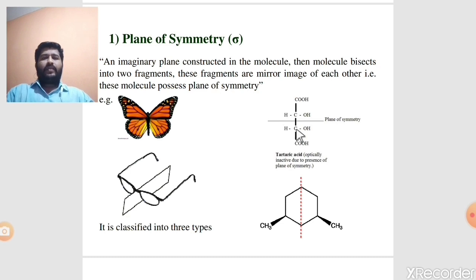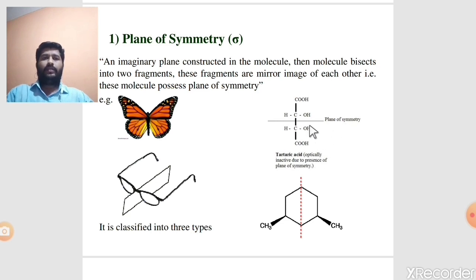But in chemistry, there is one interesting example, meso tartaric acid, and meso tartaric acid is optically inactive due to the presence of this plane of symmetry. What is meant by meso? Basically, a molecule containing two or more than two chiral centers, in which the same groups are present on the same side and the molecule shows the plane of symmetry, is called a meso isomer, and this meso tartaric acid is optically inactive due to the presence of